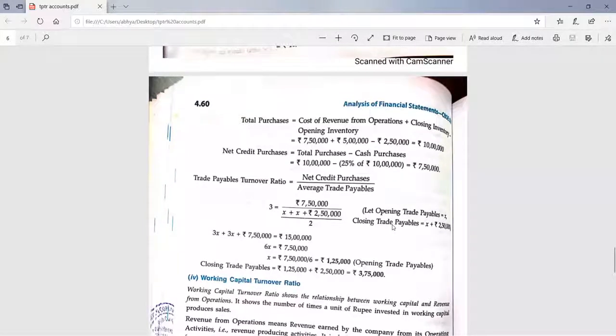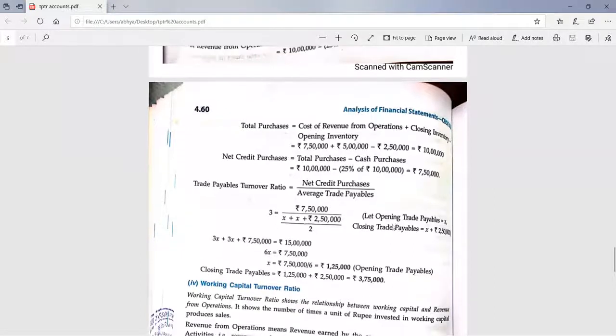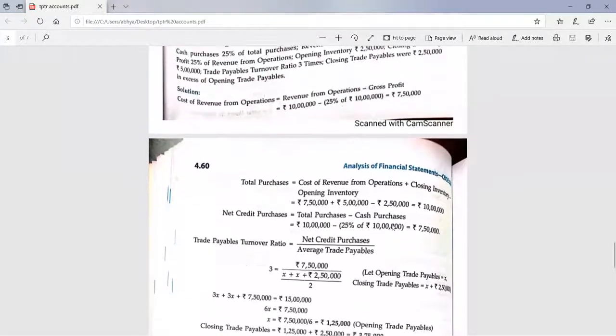If you try to solve the whole question at once in one go, then it will not be possible. So try to solve in steps. Whatever is given in the question, use that first, then you will be getting the second figure. Then with the second figure, you will be able to find out the third figure. Similarly, in this question we have done. It's a very important question actually.